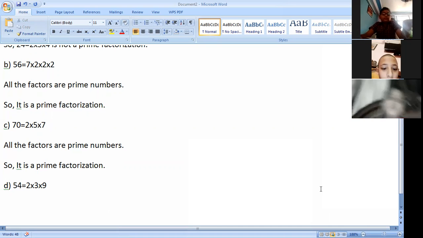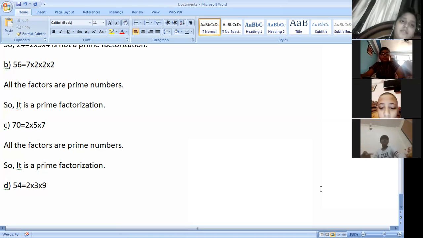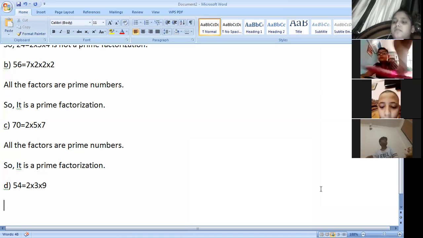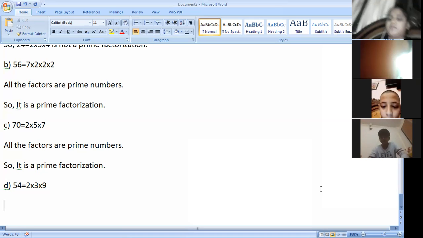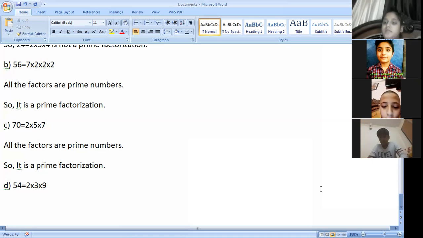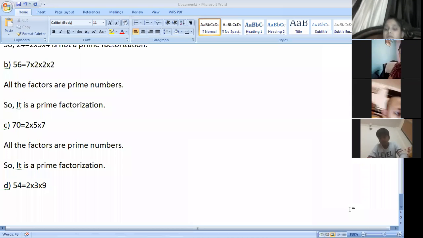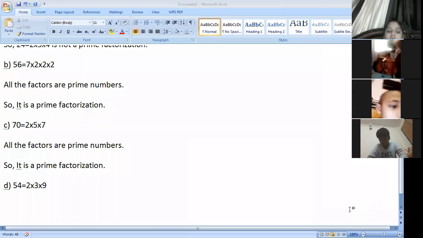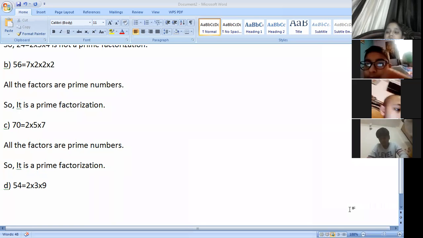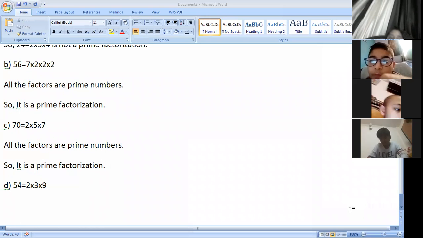Ma'am, prime numbers. 9 is also a prime number. 9 goes in the table of 1 and 9 and not in any other table. Huh? 9 goes in which table? Tell me, Ishpreet. 9 number goes in which table? Ishpreet, tell me fast. You know that.